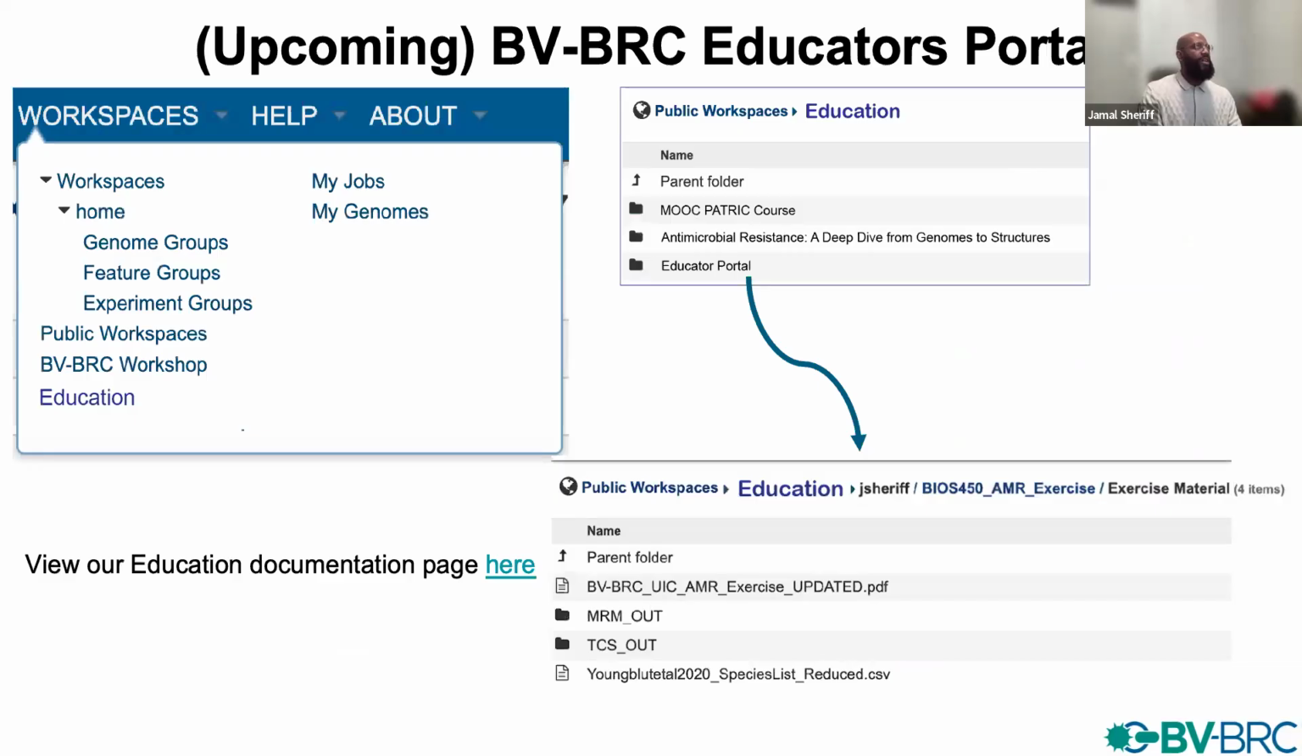Additionally, we are working on developing a dedicated BV-BRC educators workspace where you can designate a workspace, make it public, designate it as an educational resource, maybe an exercise of some sort. You can upload your FASTQ files, your sample data that you need to conduct the exercise, upload the exercise material, and then not only can you make it available for your students to use directly,